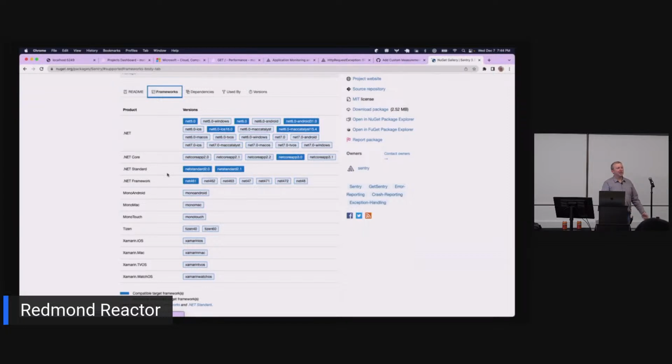So we have a Sentry ASP.NET Core integration because we have middleware that understands how to talk to the request pipeline, right? We have Sentry MAUI integration because it understands how to work with the native SDKs that need to be on the MAUI device in order to capture all that information. So in an IoT world, we wouldn't have any of that stuff. You'd be left with generic unhandled exceptions that would be thrown through, assuming they're thrown through the AppDomain unhandled exception handler,